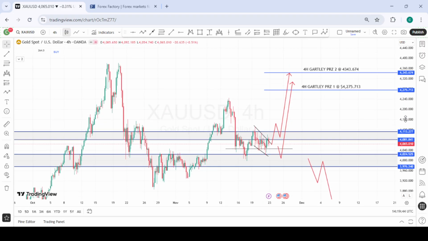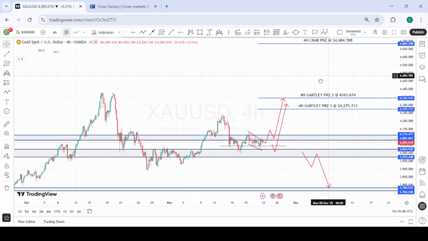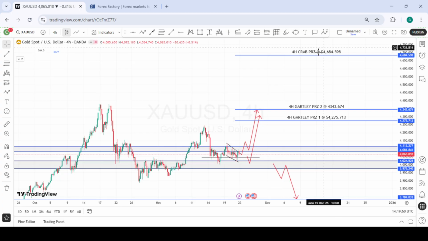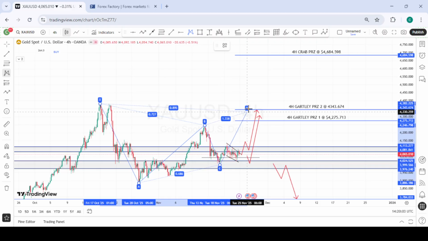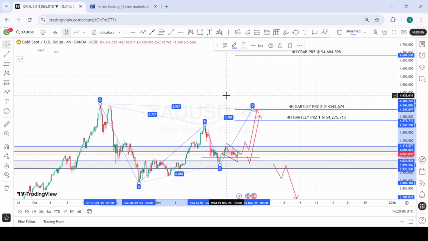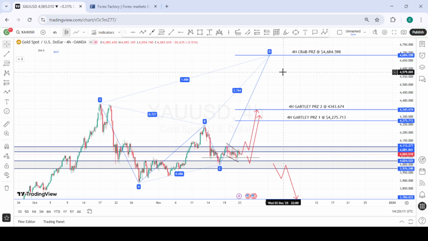And if this Gartley pattern is able to play out and the momentum is very strong, price might make its way to this crab pattern, which is around $4,700 per ounce for gold. So this is the pattern that is developing. This is the X, this is the A, this is the B, this is the C leg, and this will be the possible D leg. So it depends on how the momentum goes. Price can just continue and then form this crab pattern instead. So let's be on the lookout for gold